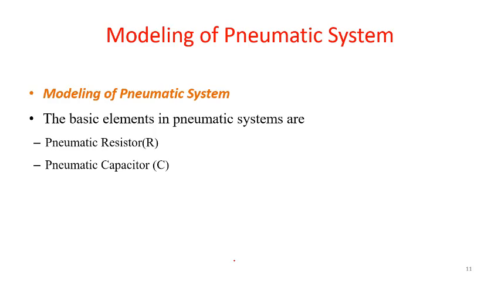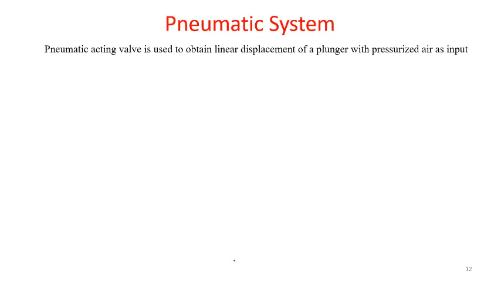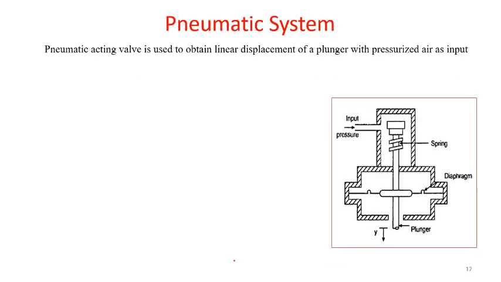So we'll go further. Let's take one valve which is used for controlling an actuator. Here we can see a plunger valve, which is actuated by the input pressure, and this plunger valve is going to operate any of the end effectors or actuators with the displacement it gets on the plunger side, that is Y. So the input here will be the air pressure, and the output here will be, as usual, the displacement.